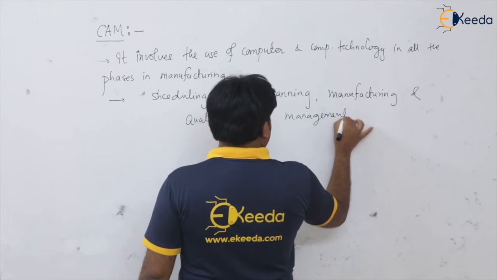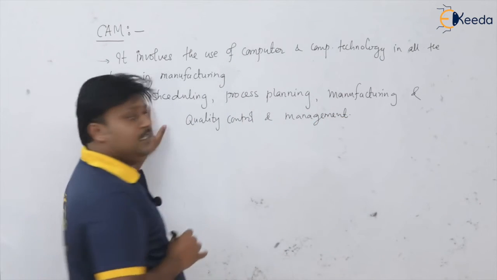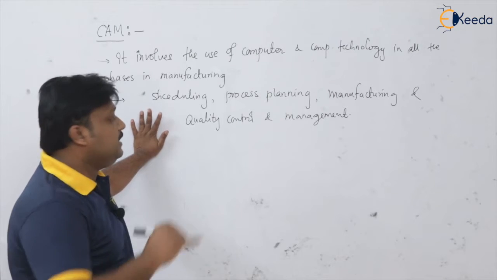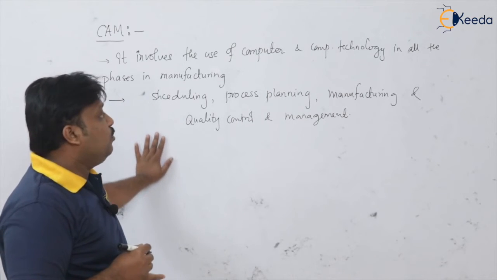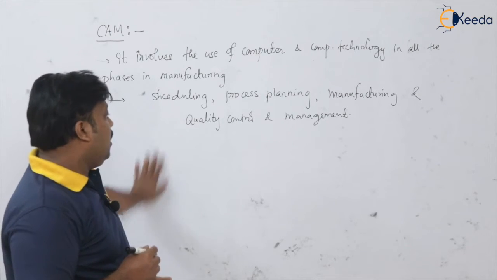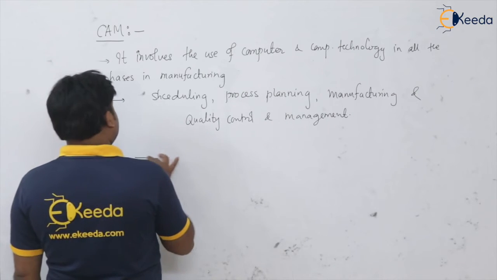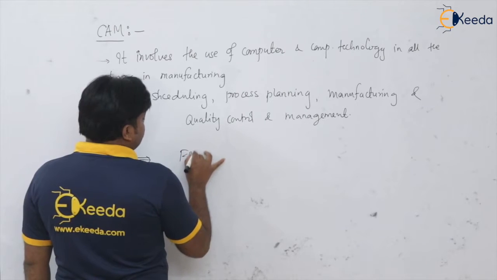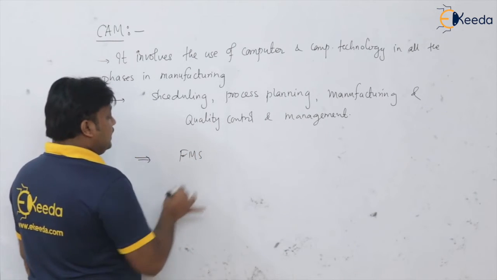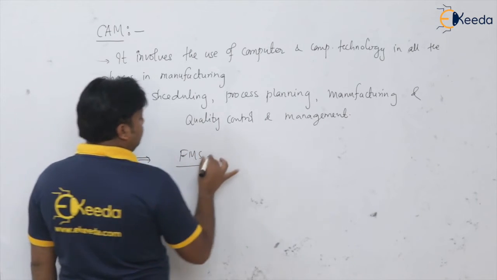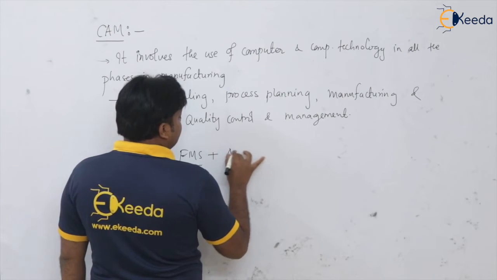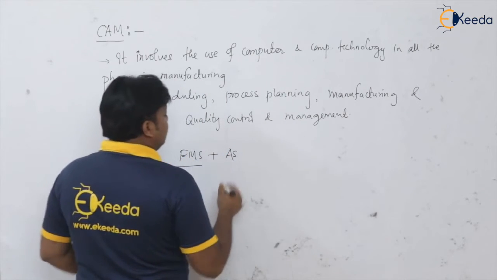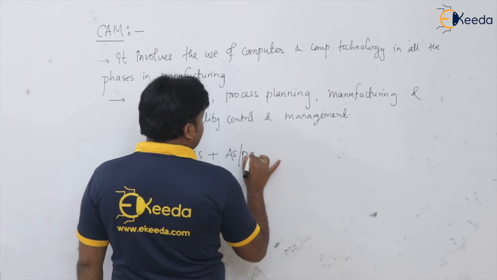In all these phases, there is the use of the computer or computer technology, together known as computer aided manufacturing. Or in simple words, we can make the definition: whenever we are having the flexible manufacturing system on the floor, in this flexible manufacturing system, if we are adding or implementing the automatic storage and retrieval system,